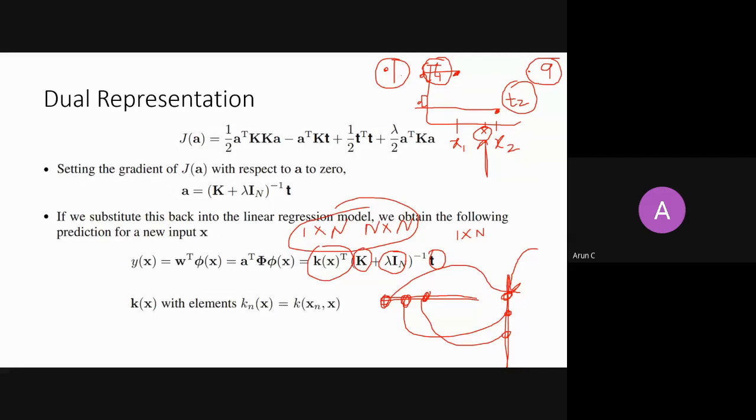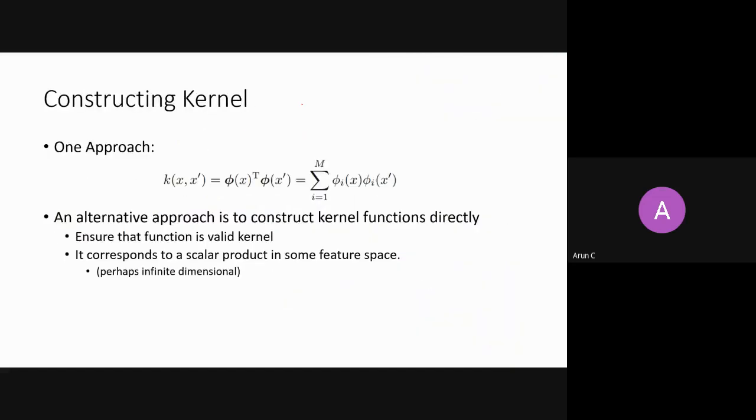So t2 has a bigger role in deciding the target value for x, because my x is near to x2. This 0.9 is nothing but the similarity of my unseen x with the sample x2 in the data set, and this 0.1 is the similarity of x1 with the unseen x, and I'm weighting my target value with this similarity, right? This is how you can see it intuitively, right? Okay, so this is all about this.